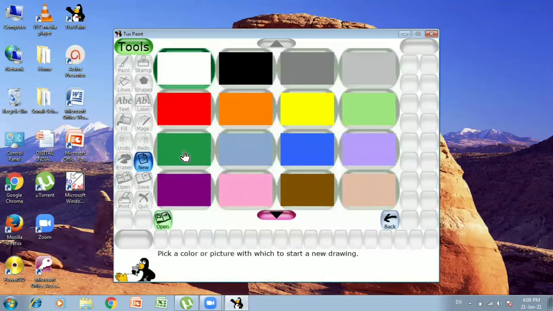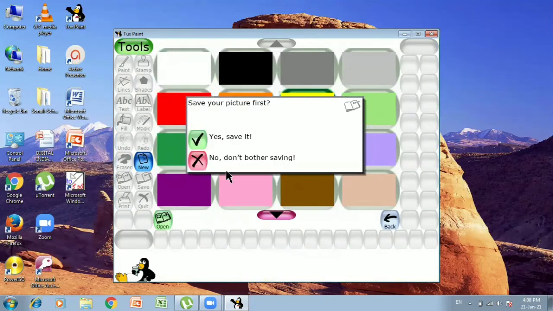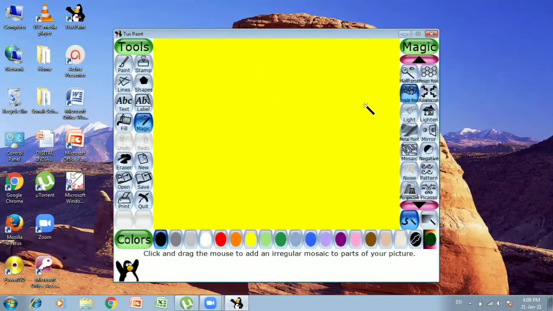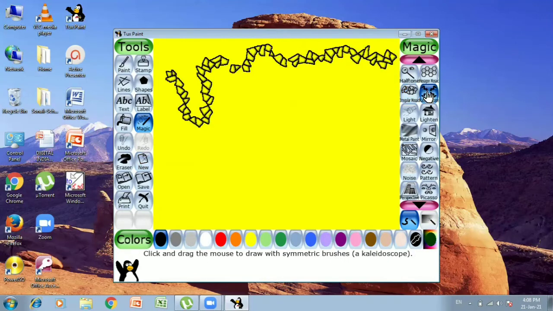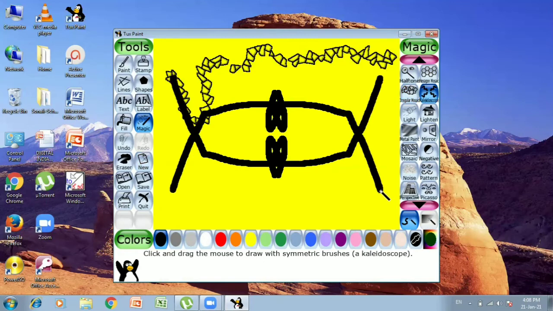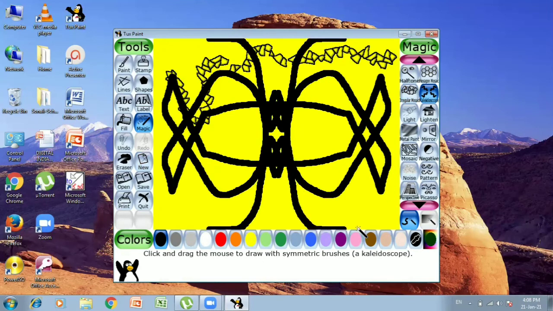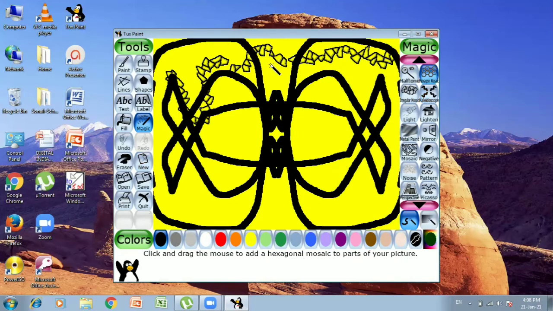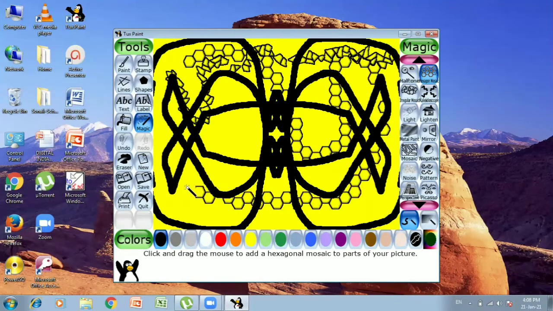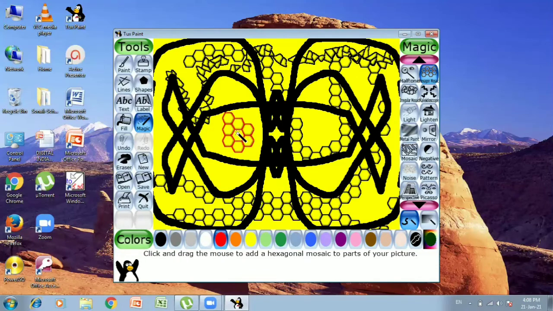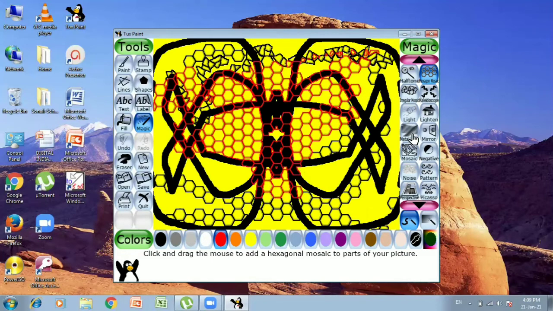Let's take a new one so that I can explain you other things also. Now, if you wish, you can use this irregular mosaic also. See, different things are there. It is drawing two times the same thing. Okay, you can add whatever you wish to. You simply have to select the color from the color panel. If you wish it to be of red color, you can add it with red, like this. Okay, children?